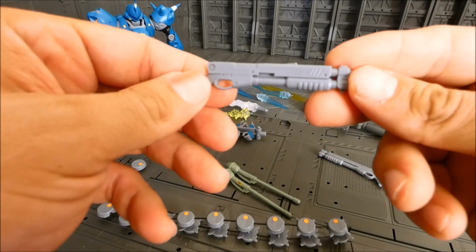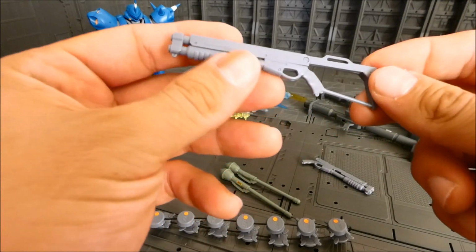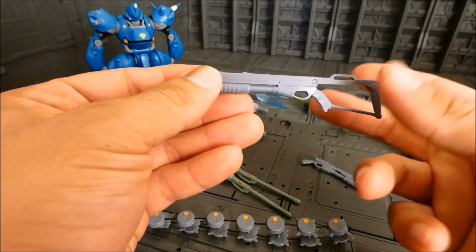These shotguns don't have anything on them. They're pretty plain looking. That's to be expected. I kind of wish they were painted a little bit more, but that's okay. Here's the one with the extended stock, or not stock, but the extended...